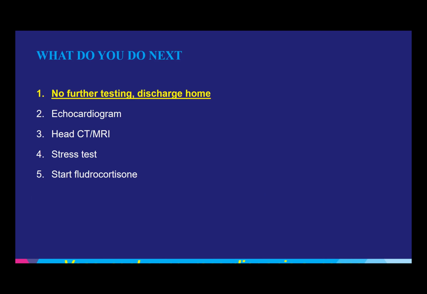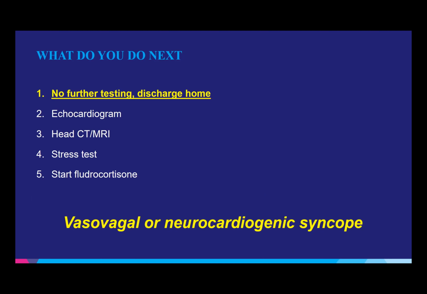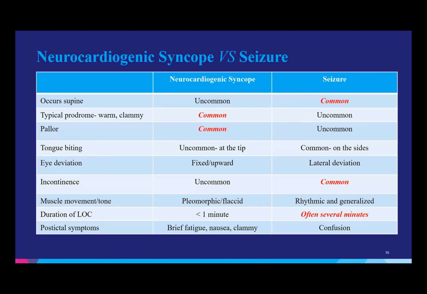Yeah, so no further testing. And really, exactly like you highlighted before, this is sort of classic vasovagal syncope. Just so you guys start to get familiar with the terms, vasovagal syncope is essentially neurocardiogenic syncope. It's one and the same thing. So let's go through exactly what happened, what were the differences between our first two cases, so that when you're listening to these stories at the bedside, you start to put them in buckets.